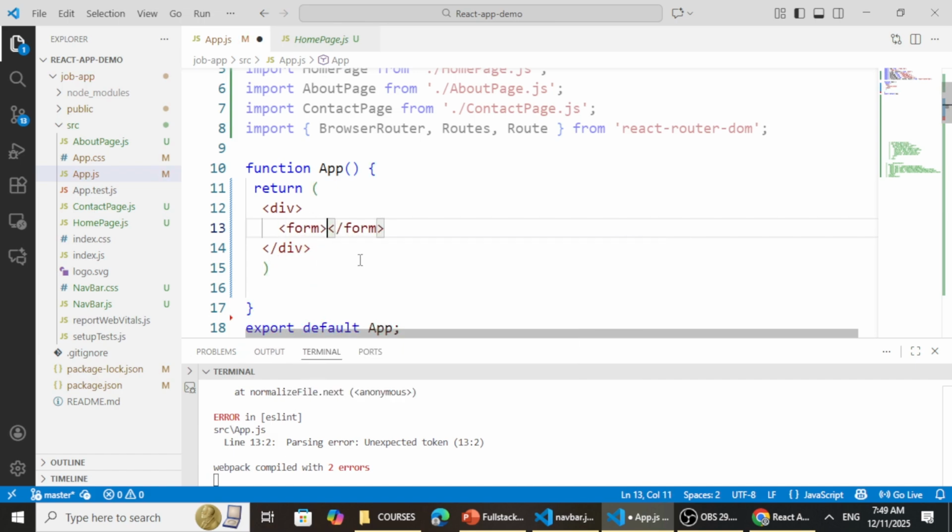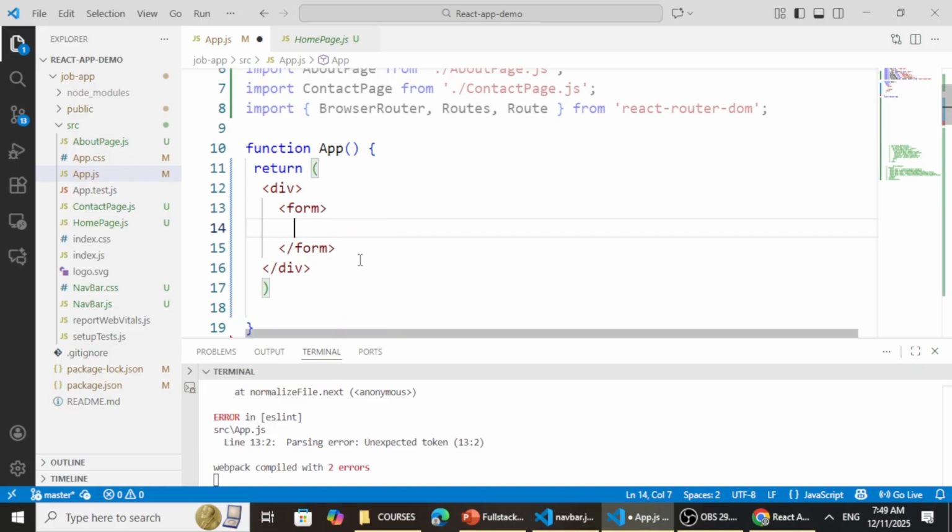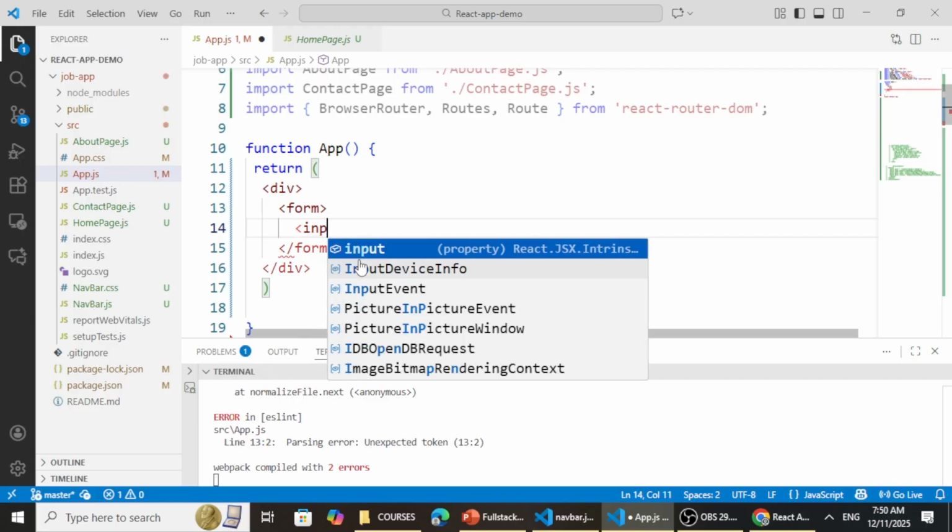Within the form, I can now add different input fields. I want to add 3 input fields to allow the user to enter their first name, email, and phone number. So I'm going to add the first input,